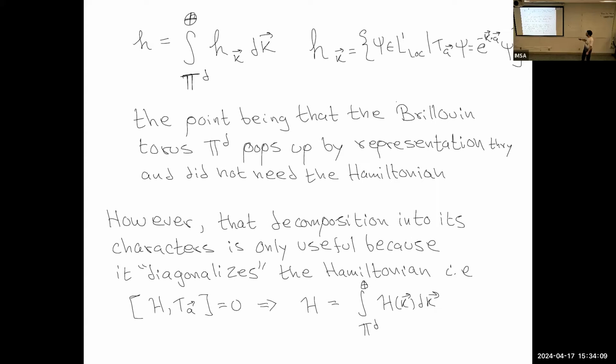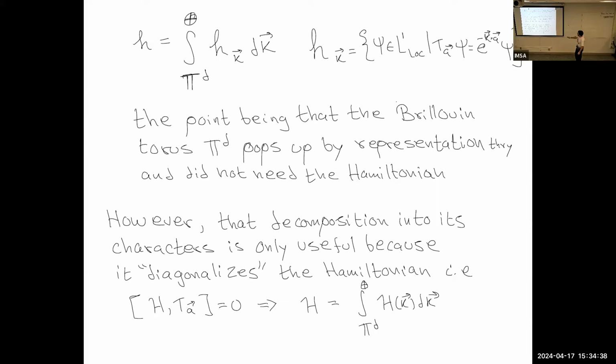Is that what is known as a direct integral decomposition, right? So you sort of separate your Hilbert space into sectors, one for each point on your Brillouin zone. The problem is, this is the analog of what a direct sum would be, but here you have a continuum of points. So when you have a continuum, you have to replace the sum by something that has a measure in it, and this is called a direct integral.